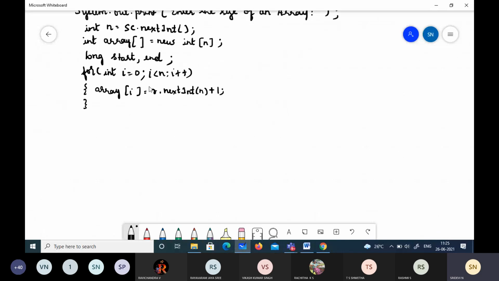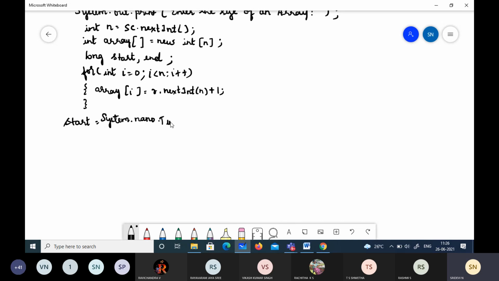Okay, so after printing the numbers, you can just start. This holds the start time, because we have to calculate the time complexity. As we have to calculate the time complexity, it becomes necessary for us to note down the time.